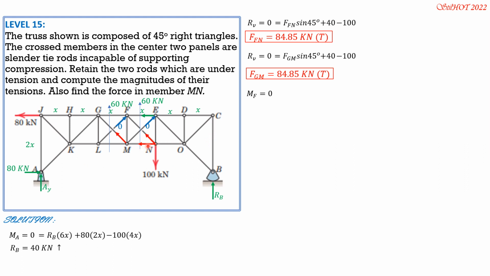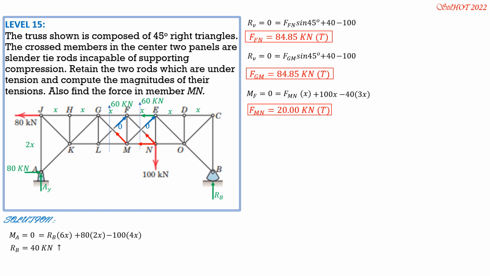So Fmn times X, moment arm, then plus 100 times X also, then minus RB, which is 40 times 3X. X plus X plus X is 3X. So from there, we can solve Fmn, cancel X, is equal to positive 20 kilonewtons. So it is also tension. So that's it for this